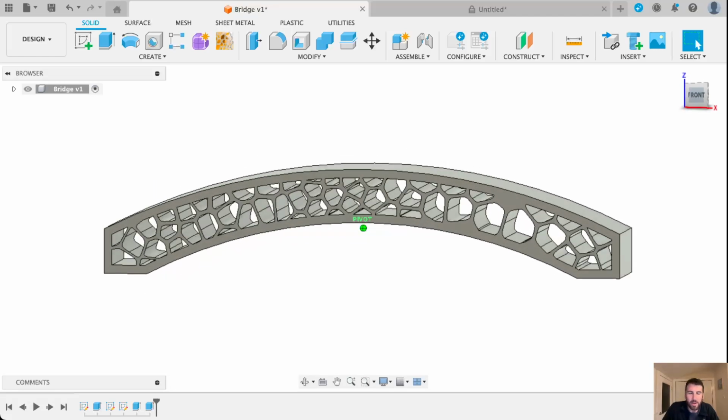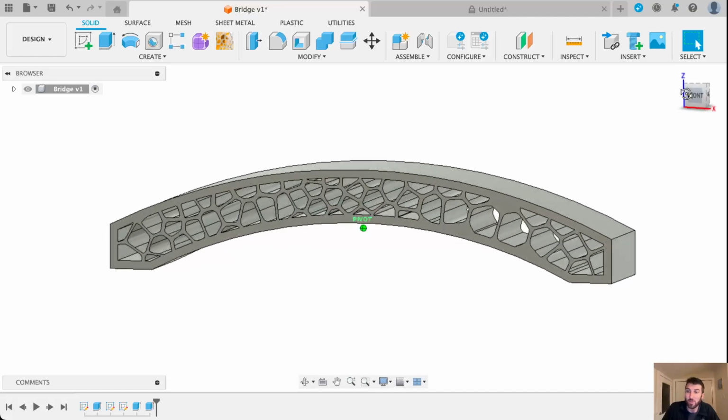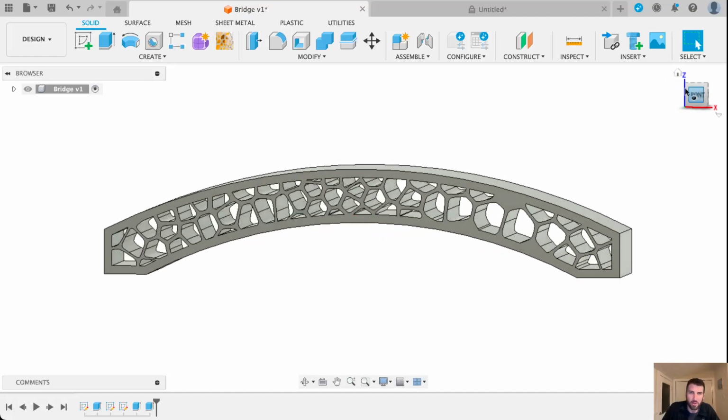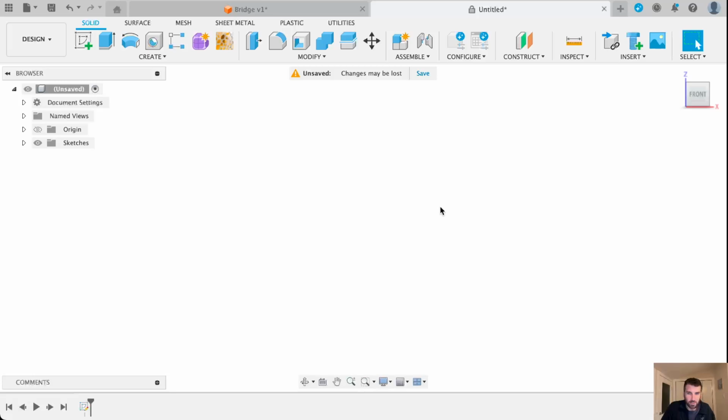Now, I want to kind of ease our way into this and show other kinds of patterns that could be made with bridges, and then eventually show how we can use this plugin for this kind of organic style pattern. So I'm going to go to a new project, just to start fresh, and looks like there was a sketch open there, but now to start, we would